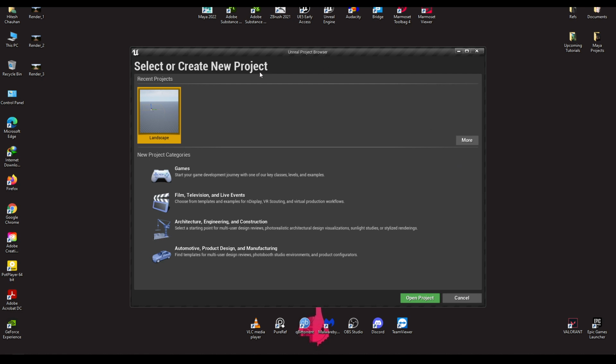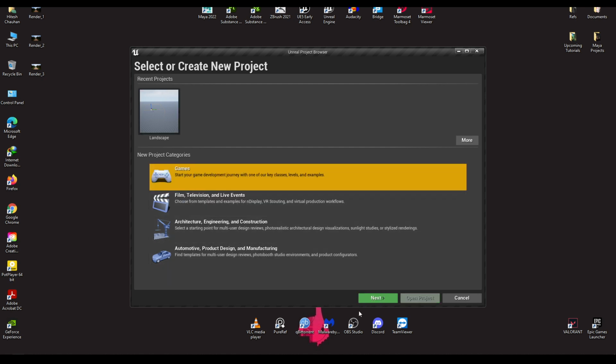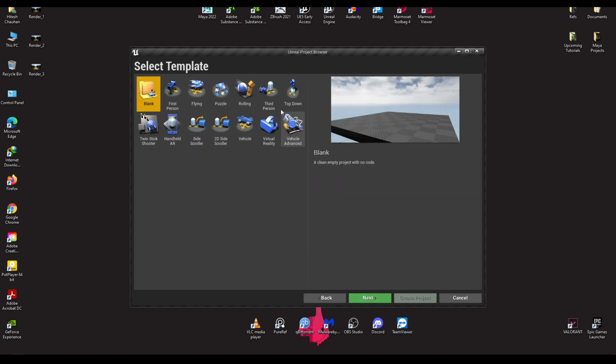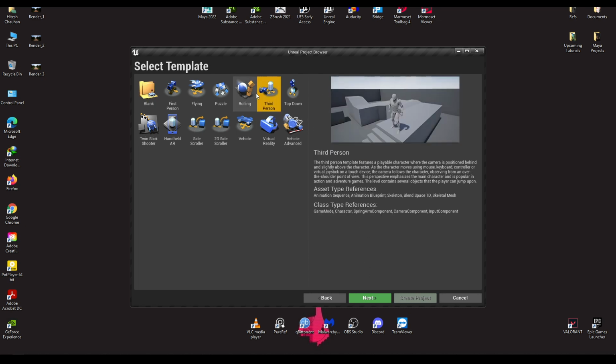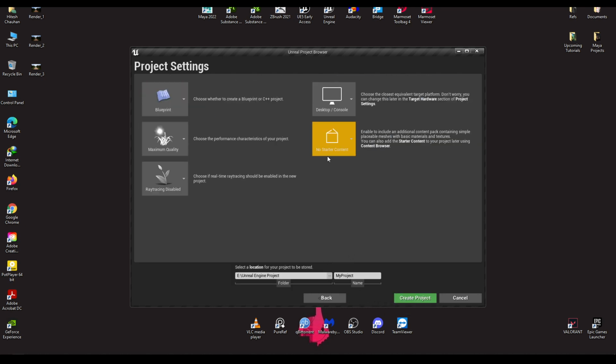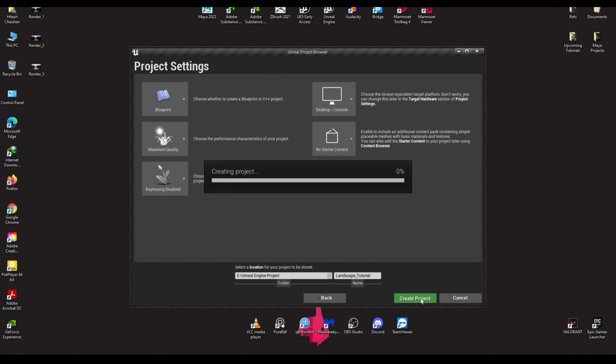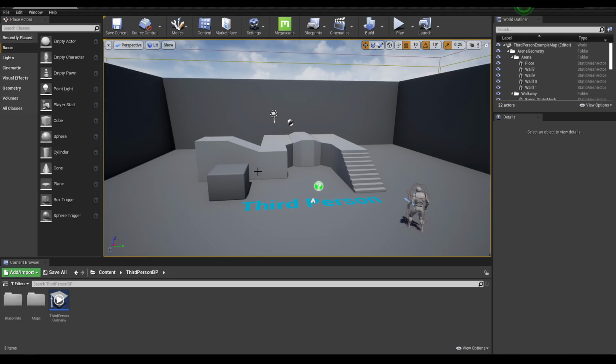And today we are going to create our project and set up some lighting for our environment. Let's open the Unreal Engine and you'll see this layout here, and let's click on this games and next. We are going to take this third person. Click next. We are not using any starter content, so go here and click on no starter content. Leave the rest of these things as they are, and now rename your project. Now click on this create project. So we have this default scene here with us.